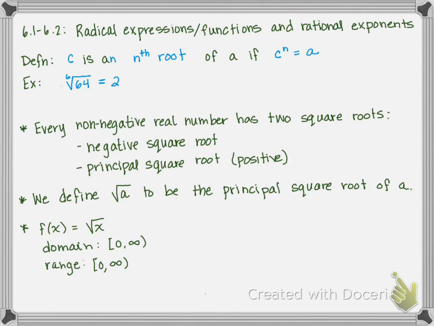But so the sixth root of 64 is 2 because 2 to the sixth is equal to 64. And again, every positive number has 2 sixth roots or eighth roots or 10th roots, just like with the square root. So every non-negative real number has 2 nth roots